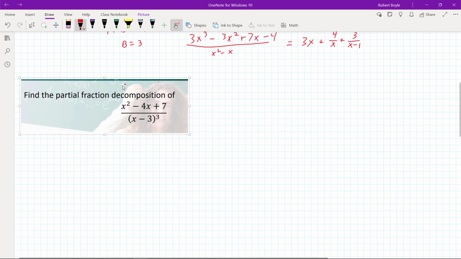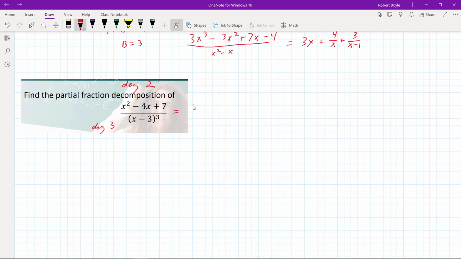Okay, first let's take a look at our numerator. Our numerator is of degree 2. The denominator is of degree 3. So we don't need to worry about doing any polynomial divisions. We can just go straight ahead. So if that's the case, based upon the fact that we have a linear factor that's repeated 3 times, this